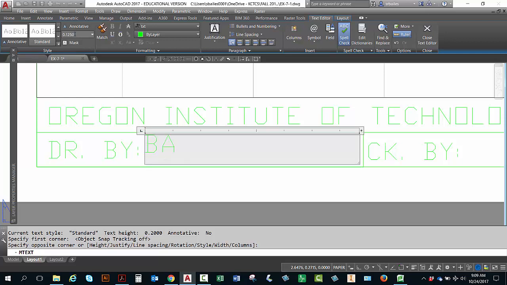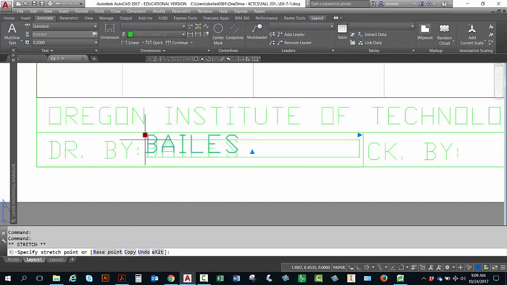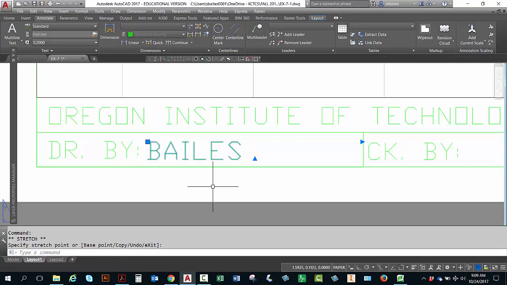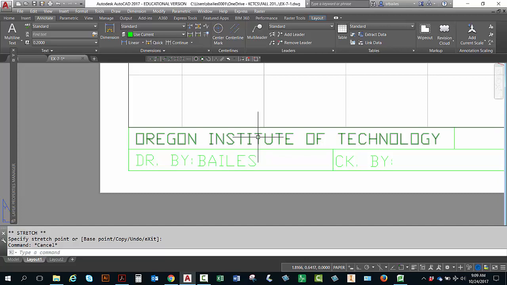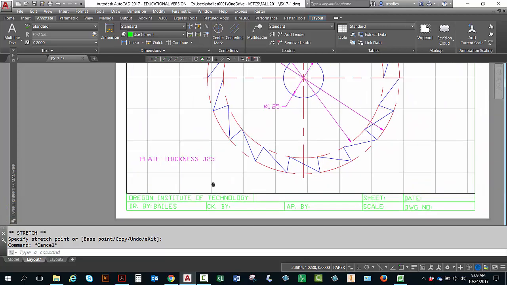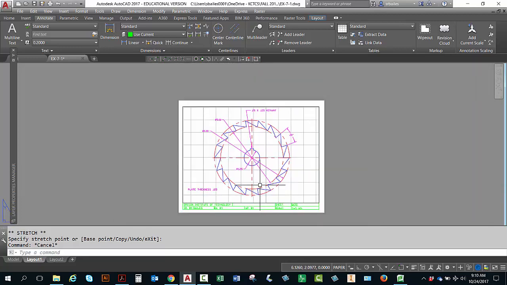And in this one, it's drawn by, dr by. So I'll put my last name. Click anywhere outside to stop, and then position it so it's matched up with the text in the box. And do the rest of it that way. You might want to change this to OCTC. At any rate, get that all filled in, and then